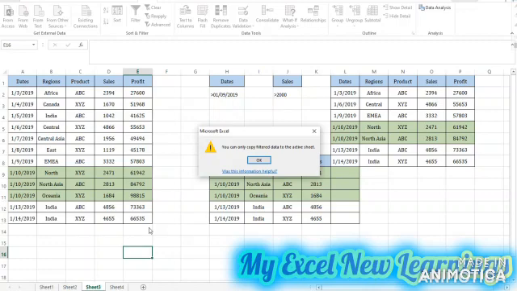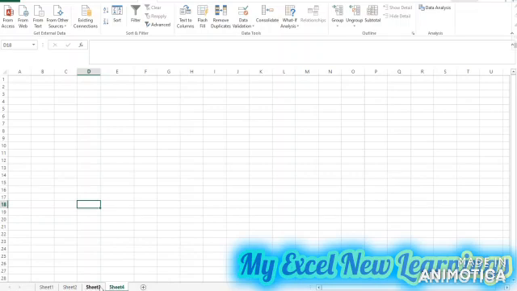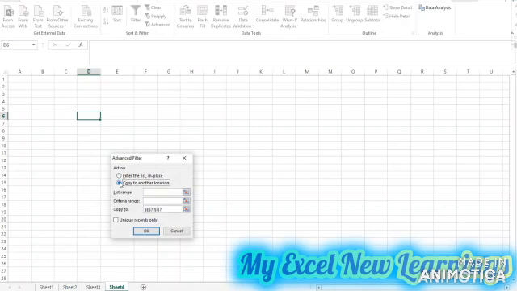So the advanced filter will give me an error stating that you can only copy filtered data to the active sheet. So the active sheet means before you filter the data, your cursor should be on the sheet where you want the data should be pulled out. So we will try from here. So I will click anywhere in the sheet 4, then I will click on the advanced filter.